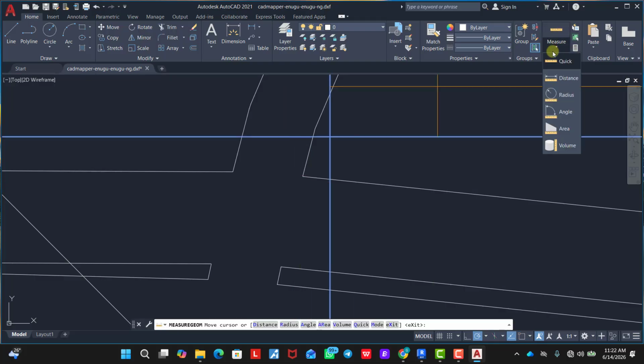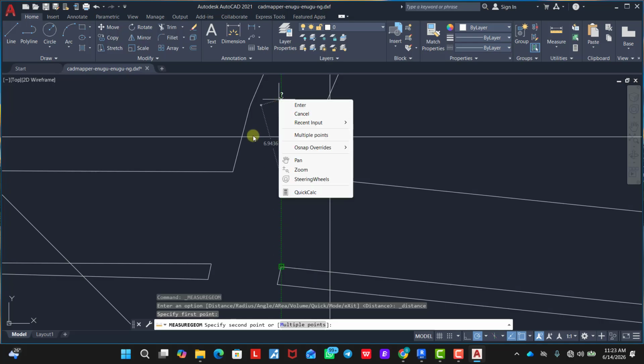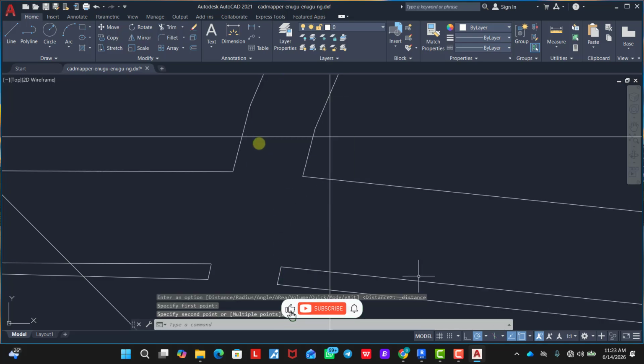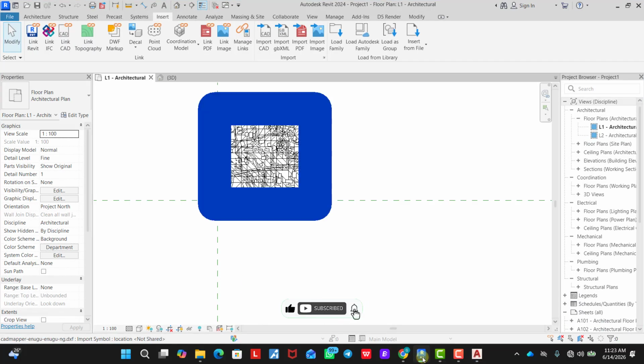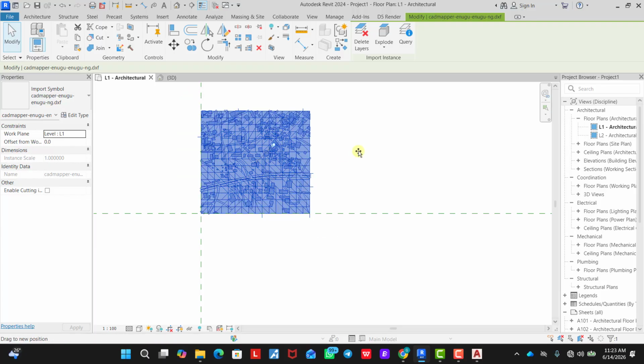So let's say we measure from here to here. You can see this is 8 meters, about 8 meters. So okay, now that we know the dimension is 8 meters for this area, we go back to our Revit. Now that area we measured, let's first of all unpin this, because now we can't move this around